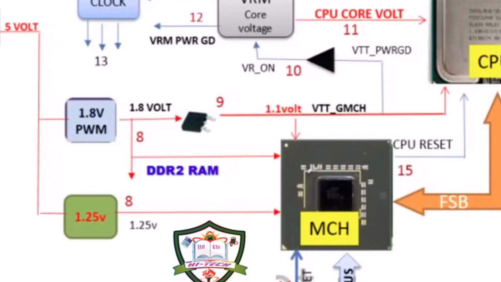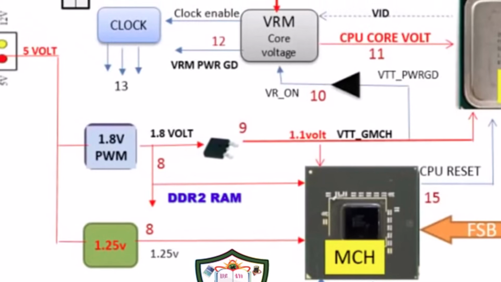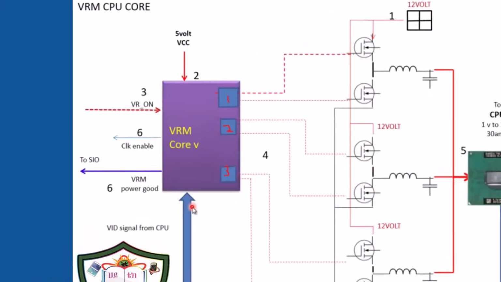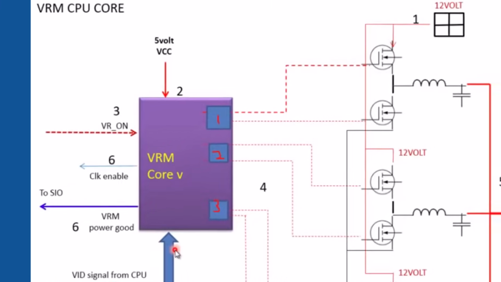Once these voltages are confirmed stable, Step 10 triggers the CO to send the VR_on, or voltage regulator enable, signal to the VRM controller. The VRM section is the heart of the processor's power delivery. As we see in the detailed VRM diagram, the controller takes a 5-volt VCC and 12-volt input to drive the